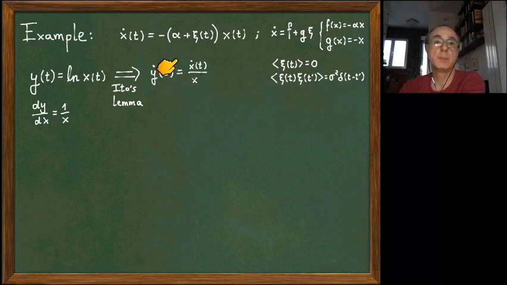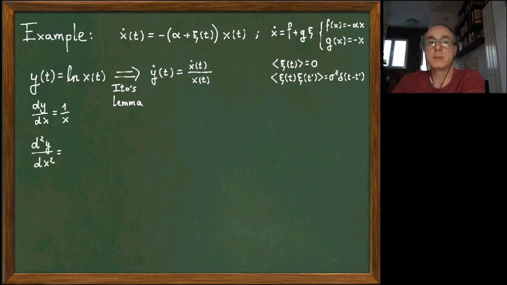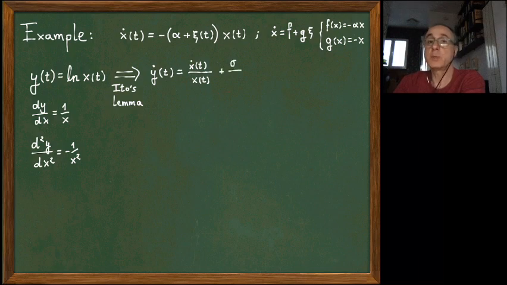So this is what we have done before, when we did this change of variable. The derivative of the log is x dot divided by x. This is a very basic fact: the derivative of the log of a function is the derivative of the function divided by the function. But here we have Ito's lemma. As I said before, Ito's lemma essentially is the chain rule. So we have to add here the Ito term. So it is the second derivative. The second derivative of the log is minus 1 over x squared. So you have to add here this one.